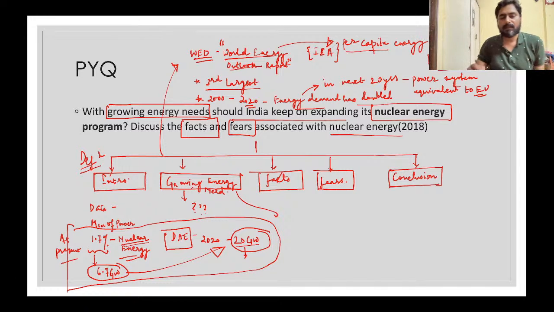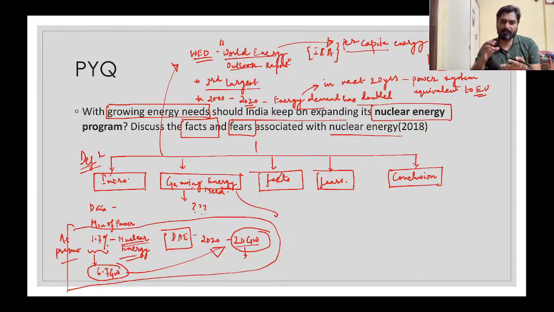So what it means is that, yes, country-wise we are the third largest consumer, but if you look at it population-wise, we are the largest now. We are the largest by some reports, and still if you look per capita, our energy consumption is half of the global average. And if you compare it with developed countries like the USA, India's energy consumption is like 17 times less, or they are consuming 17 times more energy than us.